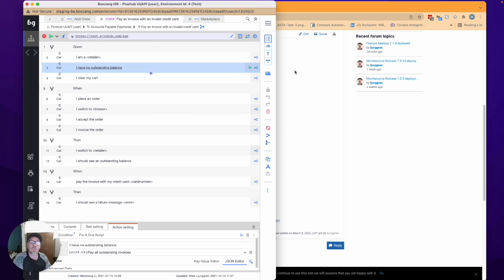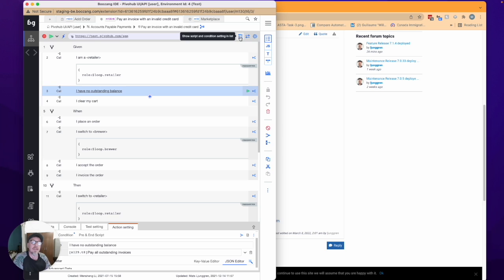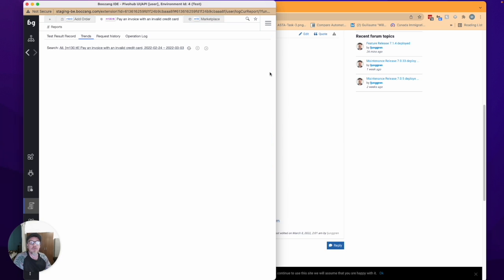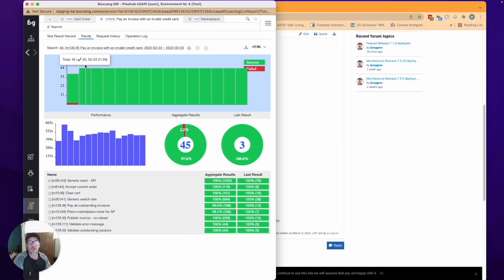Also, we moved the position of this thing where you can see more of the test details, for instance, seeing parameters being sent and exit conditions. And then we've added this icon here. This is going to move again, but it just means that if you want to move up to referencing tests, it's now here. And instead, where these icons used to be, you can now go directly into the report view and see the trend reports. So you can do that now with one click, either from a suite or from a test,